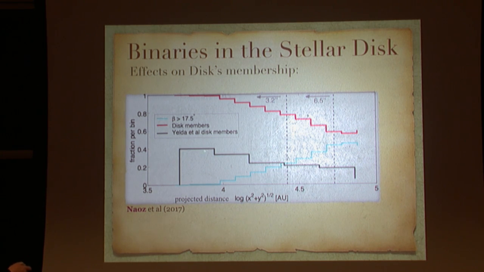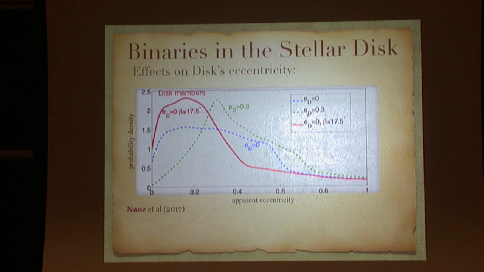Interestingly enough, if we look at what the observations are doing, they also seem to have the same trend. And that may imply that we have binaries in the disk that we need to take into account. It can also cause eccentricity to be higher. So I start with all the orbits on circular orbits around the supermassive black hole, but the apparent eccentricity that I measure as an observer will be higher, just focus on the red one,